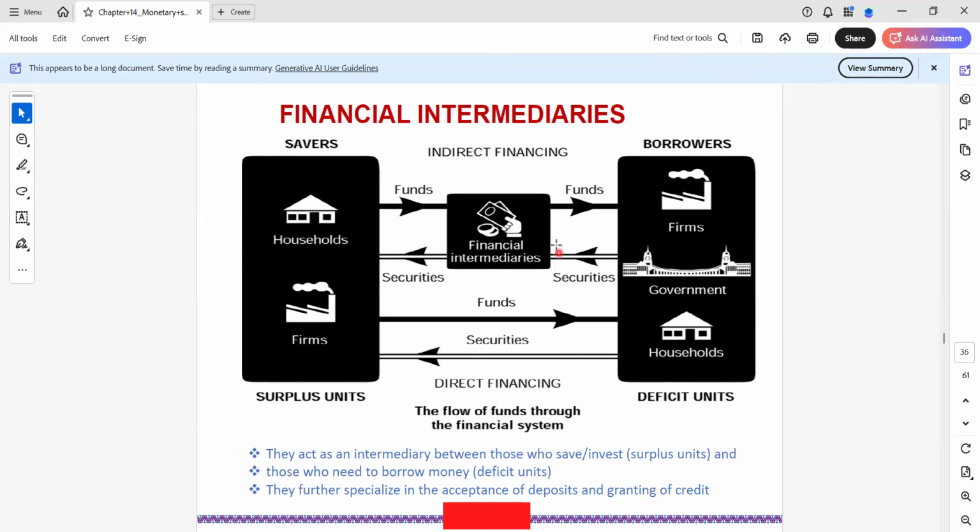and granting of credits, and they offer credit to these ones that want to borrow money. Yeah, so basically here they're telling us something that we do know. With Velama Bank, they are there to do what? We deposit our money there and save our money there. And then we also do what? We also take out loans from banks, right? And they also offer us what? They grant us what? Credits,